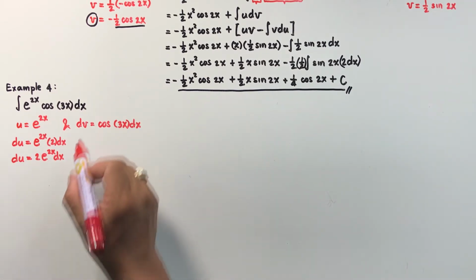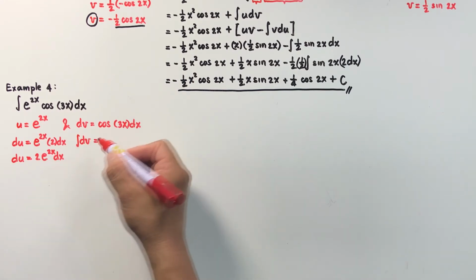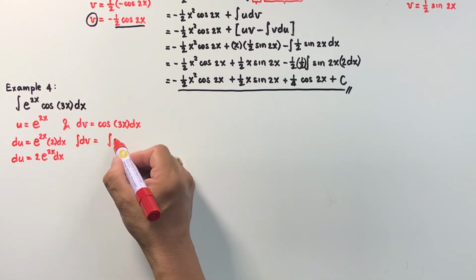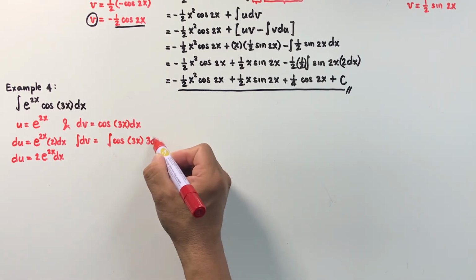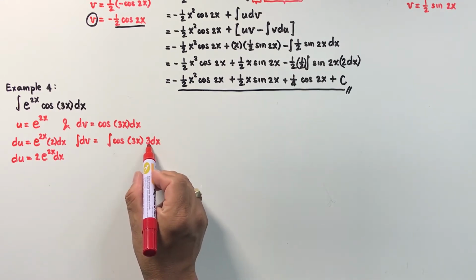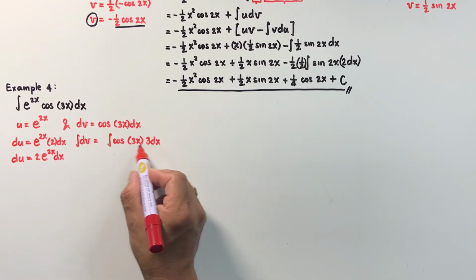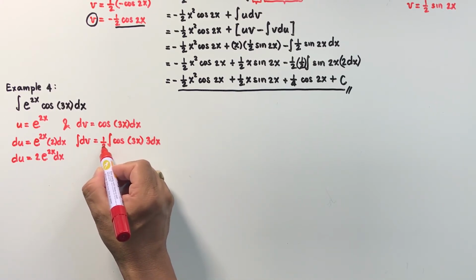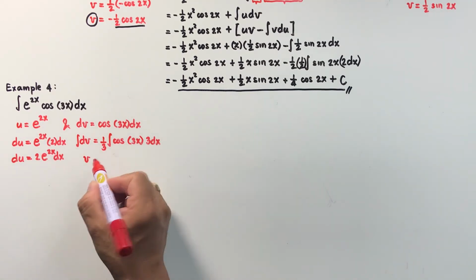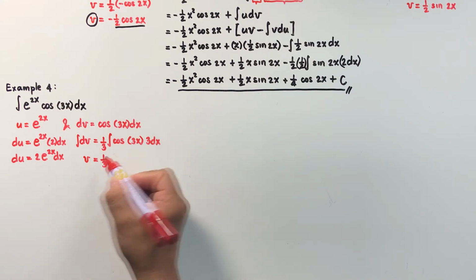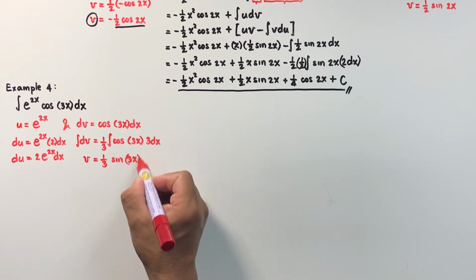And for our v from this dv, I need to integrate both sides of the equation. So we have the integral of cosine 3x 3 dx, because I need to provide a 3 here since the derivative of 3x is 3. But I need to have a balance by multiplying 1/3 in front of the integral symbol. So we have our v, which is equal to 1/3 of sine 3x,